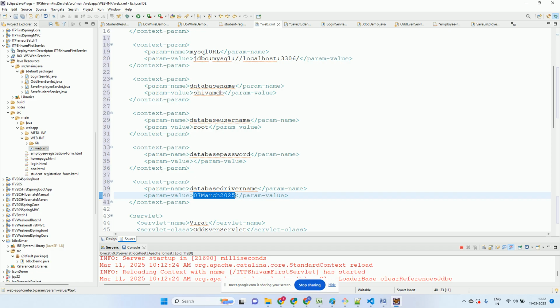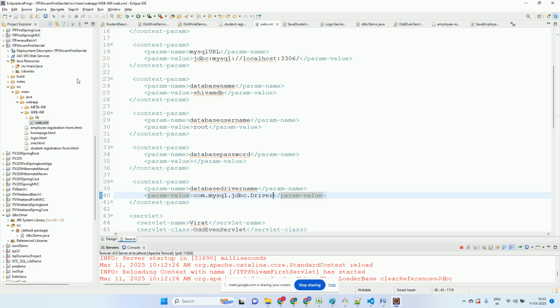All good. So these are in the context param. Once I store them in the context param, now where will I fetch them from? So in my